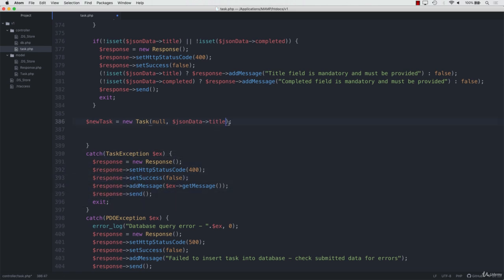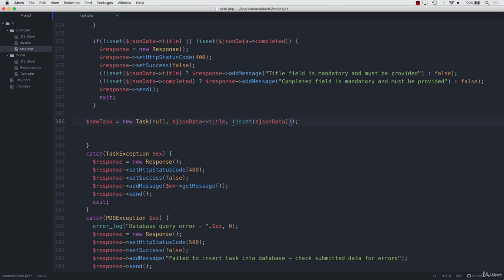The next bit was the description. Now, because the description is optional, we need to provide obviously some data here, and that data would just be null, which is a bit like what we did for the task ID. Now, if it exists, we need to put the data in, but if it doesn't exist, we need to put null. So this sounds like a good scenario to use this ternary operator again. So that's what we'll be doing. So if it's set